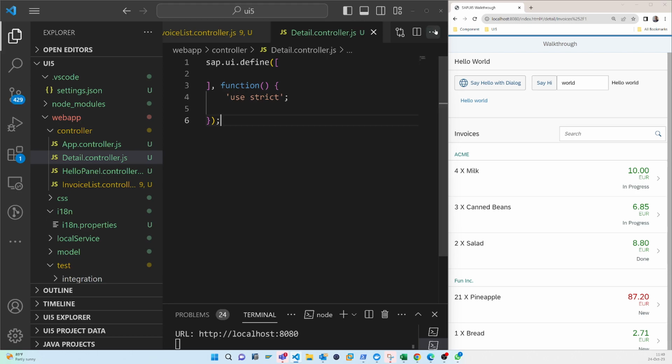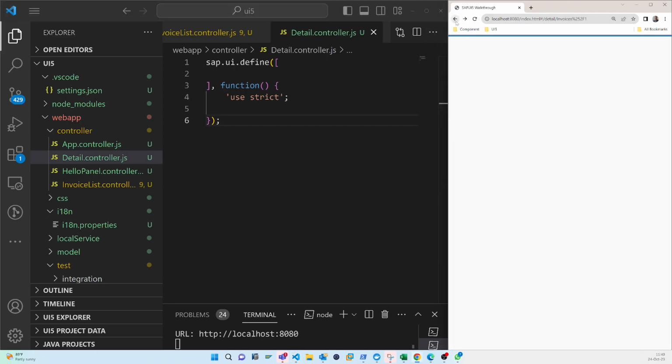So now let's see what it looks like. It's not a good way to check. So now actually if we go to the index.html, let me